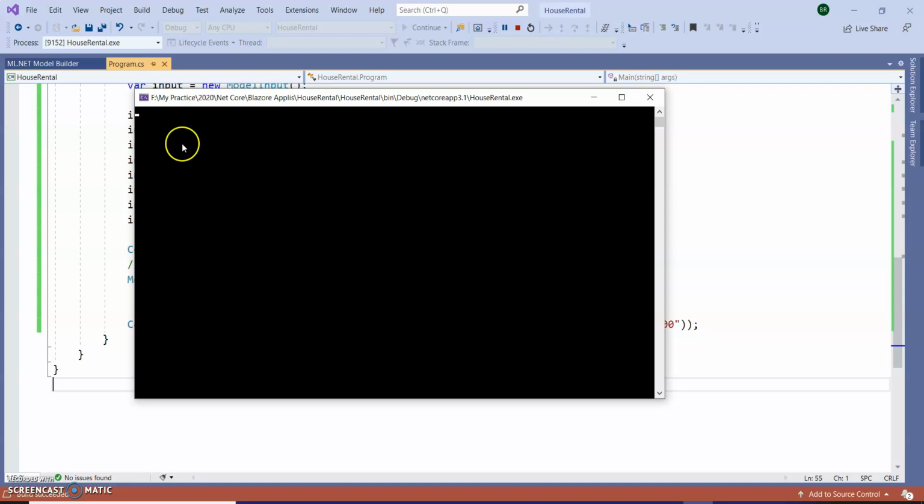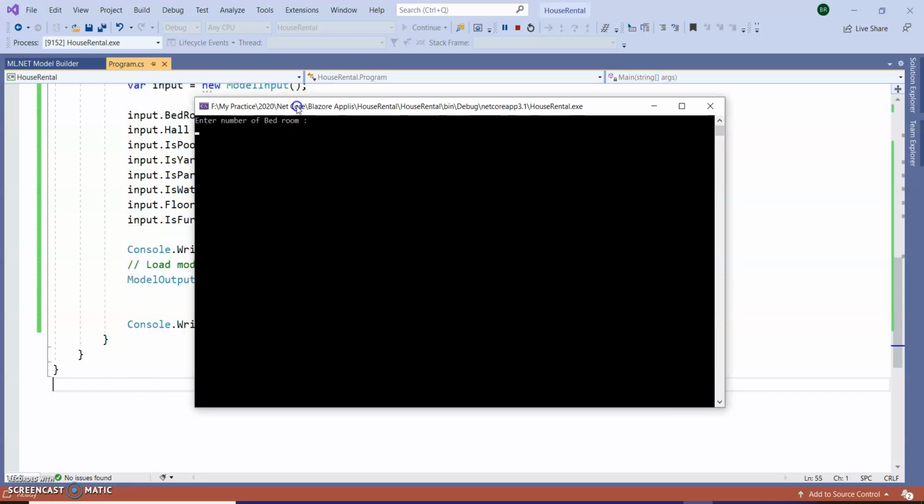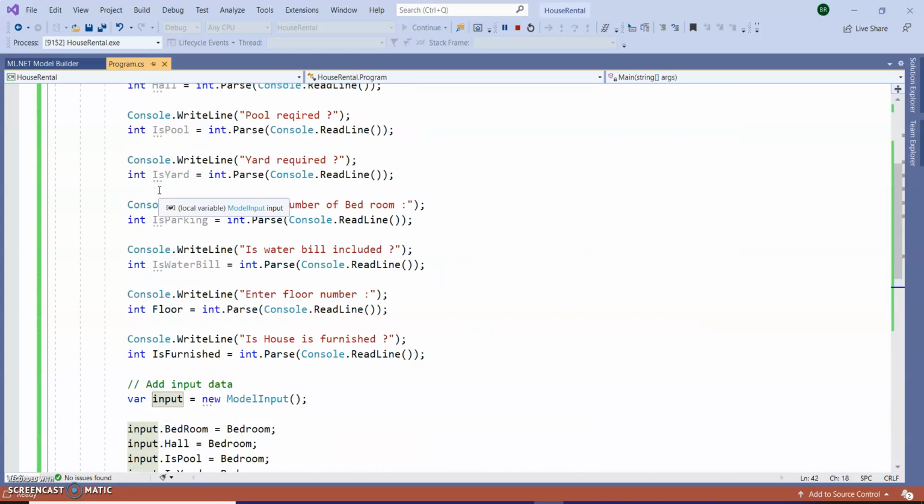Wait for a few seconds. It's the first time running. So you can see, enter the bedrooms. So 3 bedrooms. I need 2 halls. Pool required, 1 is yes, 0 is no. I don't require a pool. Yard required, yes, I require. Oh, sorry guys, it's a mistake here.